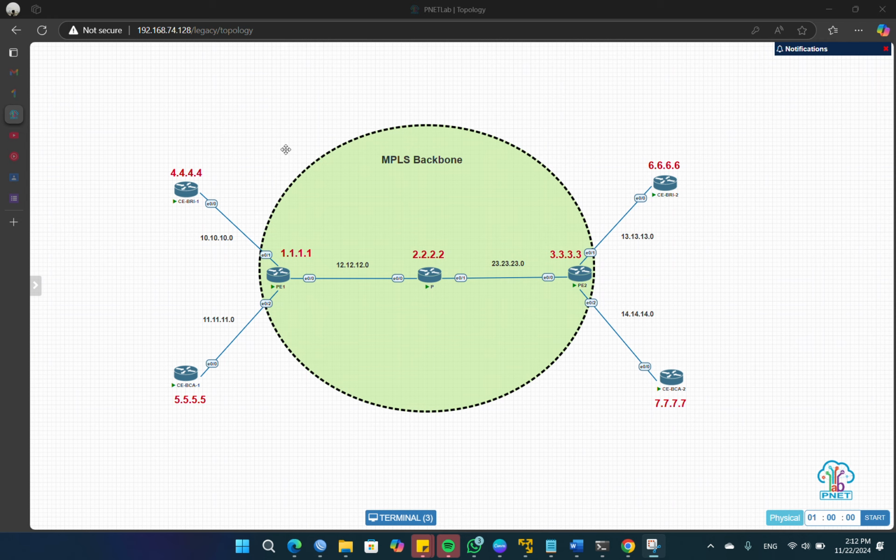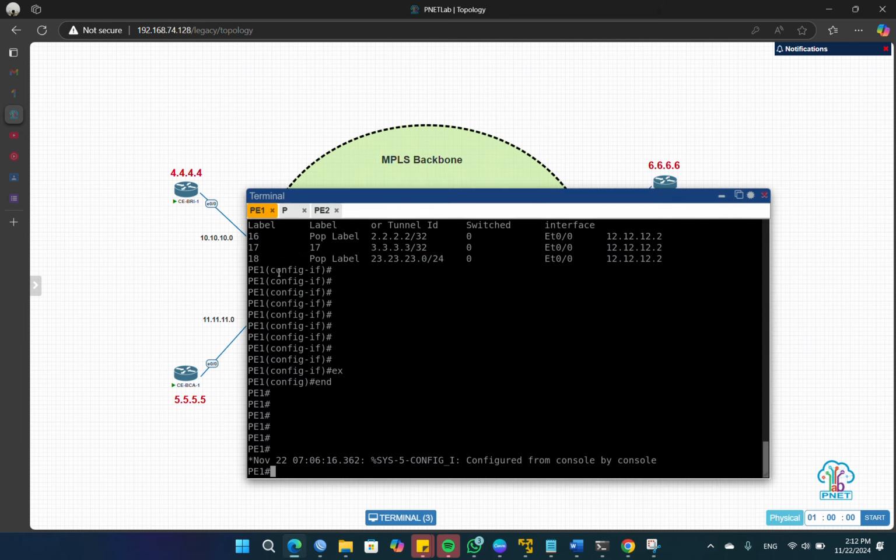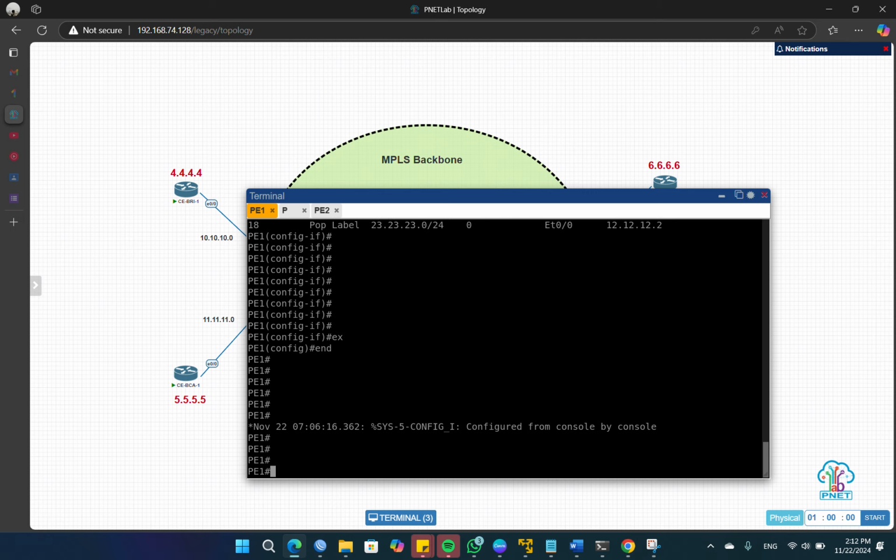But before that, we will configure the VRF. Like I said, VRF is the configuration that connects the PA and the CA. CA is the client or customer edge. Okay, so we're gonna configure the VRF in PA1 and PA2. Okay, so first